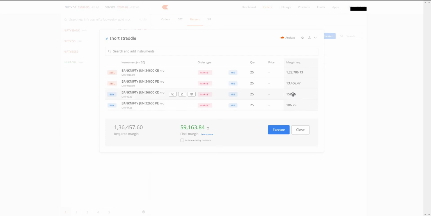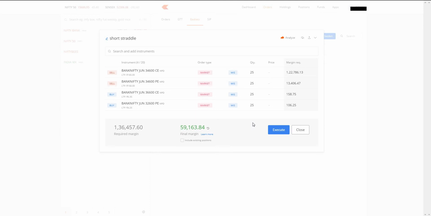Who is going to use this kind of strategy to earn more? Consider you have two strategies: an option selling short strategy, and another intraday strategy that you are going to do for stocks or whatever it is. If you don't have the funds, you can reduce the margin by using this hedging position, and use the balance amount to trade in the other strategies. That is one.